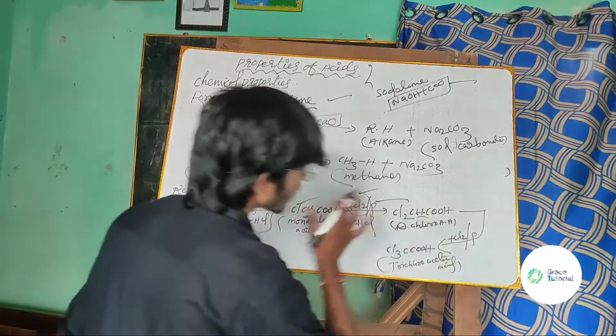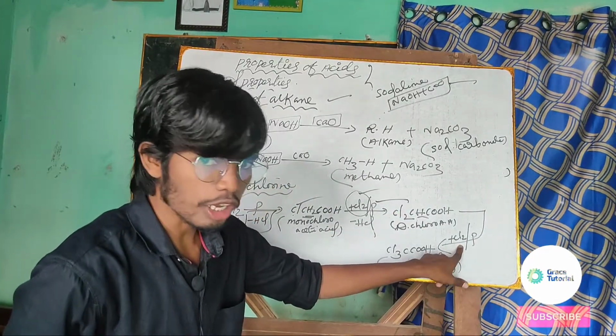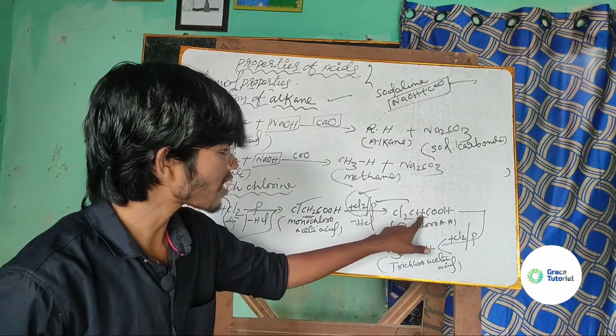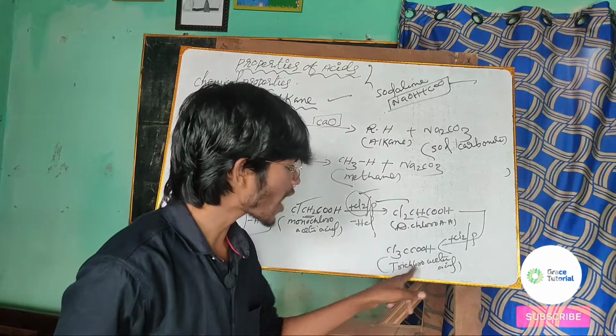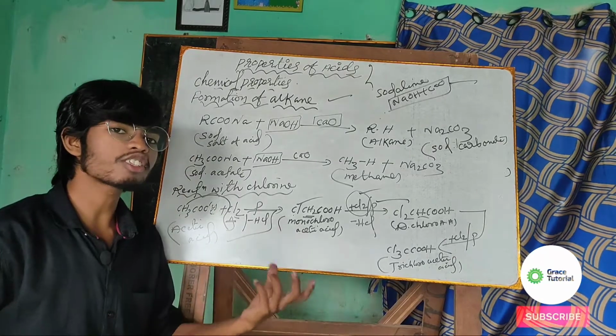And dichloroacetic acid is obtained. And if that dichloro again reacts with a chlorine molecule, then the chlorine will be attached again and one more hydrogen will be substituted, and finally it gives CCl3COOH, that is trichloroacetic acid. And you should remember this reaction is called